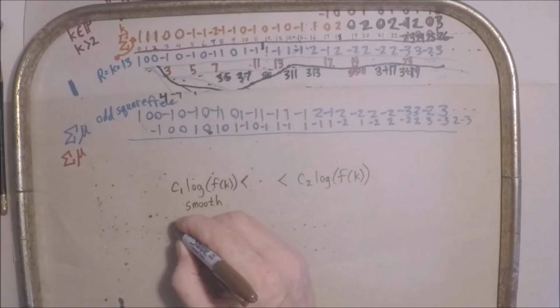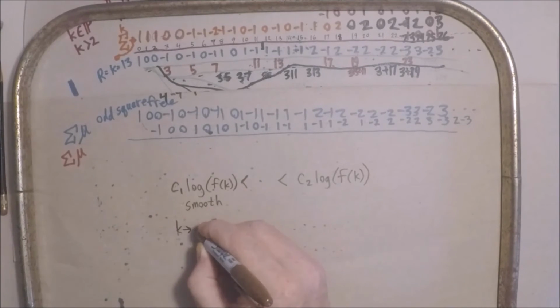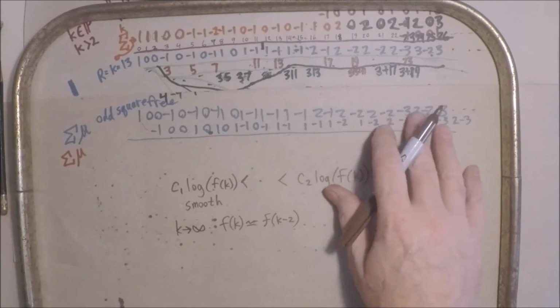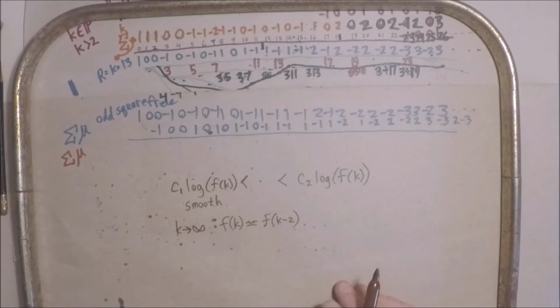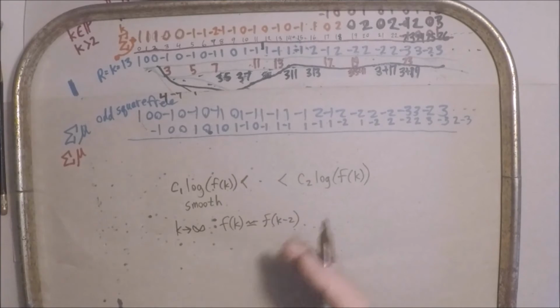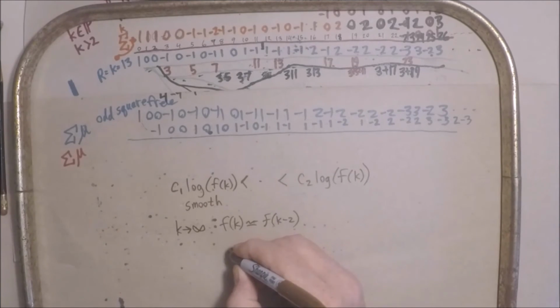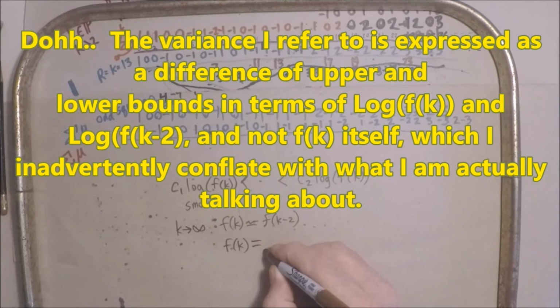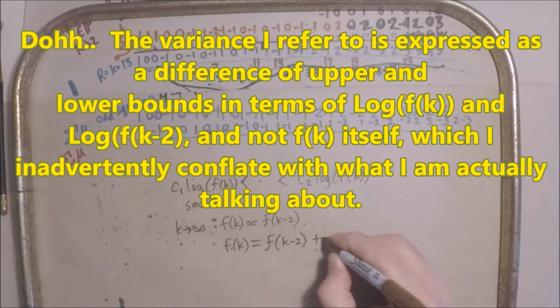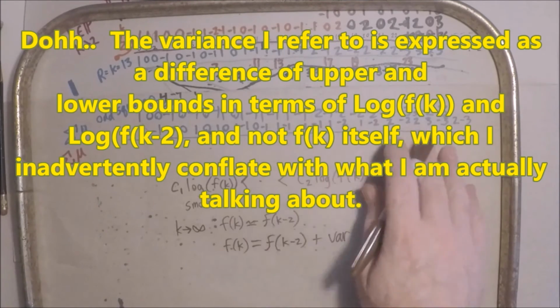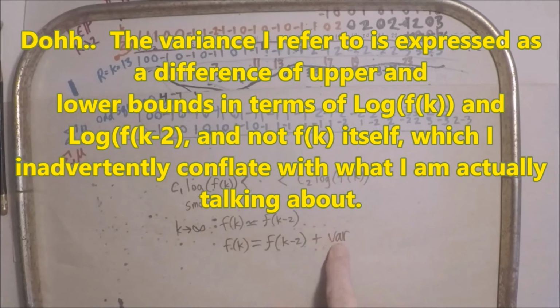So we can expect that as k goes to infinity, because this is a number theoretic relation in integers, it's chunkier than that. We have the exceptions that are able to round the corner and move to another integer, so to speak. And there's no exact formula, so there's a variance. So we can actually just correct this and say that f of k equals f of k minus 2 plus some variance. So this variance is then a function of the relation of the asymptotic bounds,